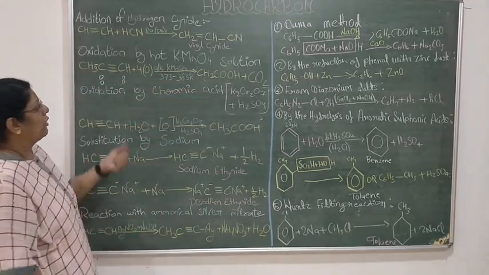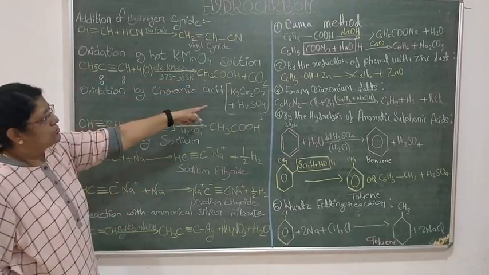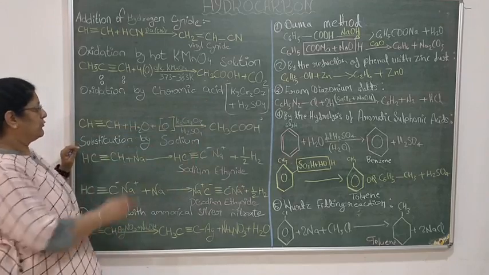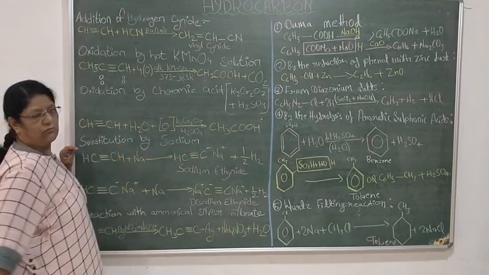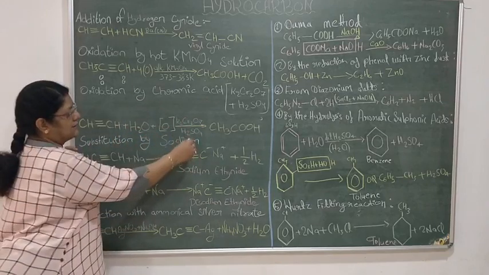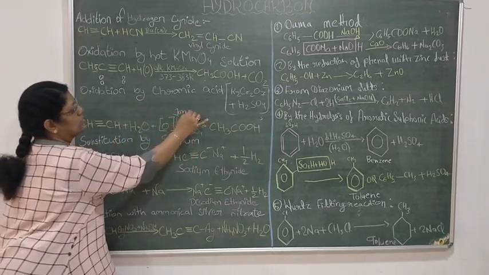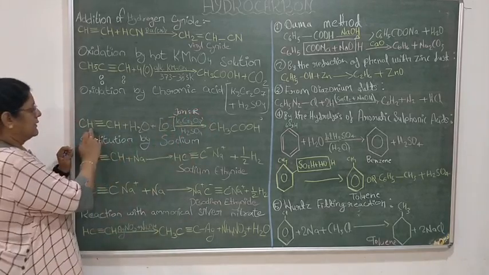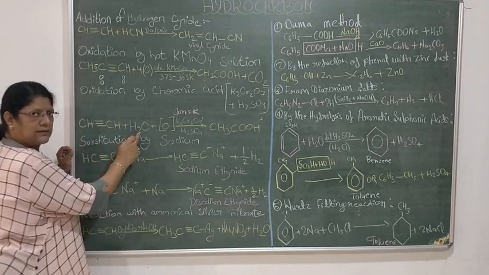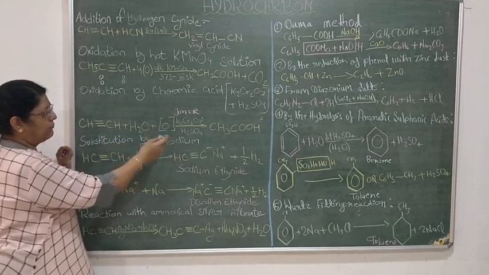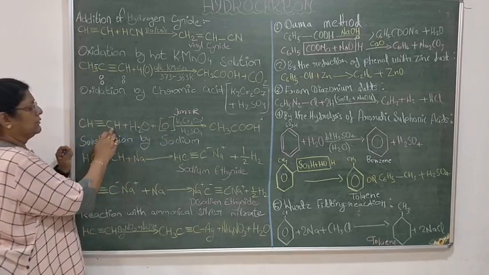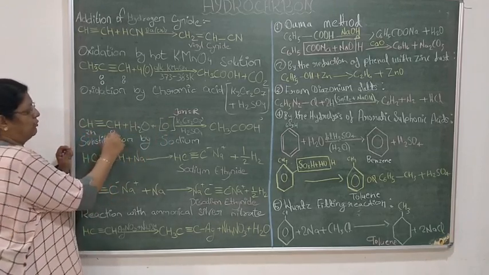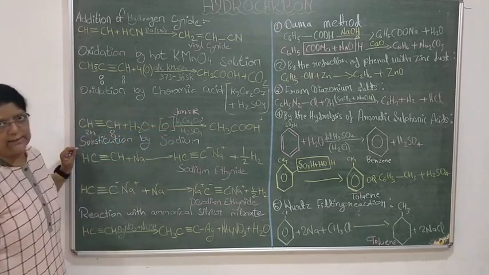This oxidation is also held in presence of Jones reagent, K2Cr2O7 plus dilute H2SO4. Same reaction is there. You have taken water molecule, but this reagent is known as Jones reagent. So what is happening? Again we are taking the CH triple bond, H2O plus O. Now number of O is 2. This H2 will come to this one, 2H and 2O. And that is the formation of again acetic acid.